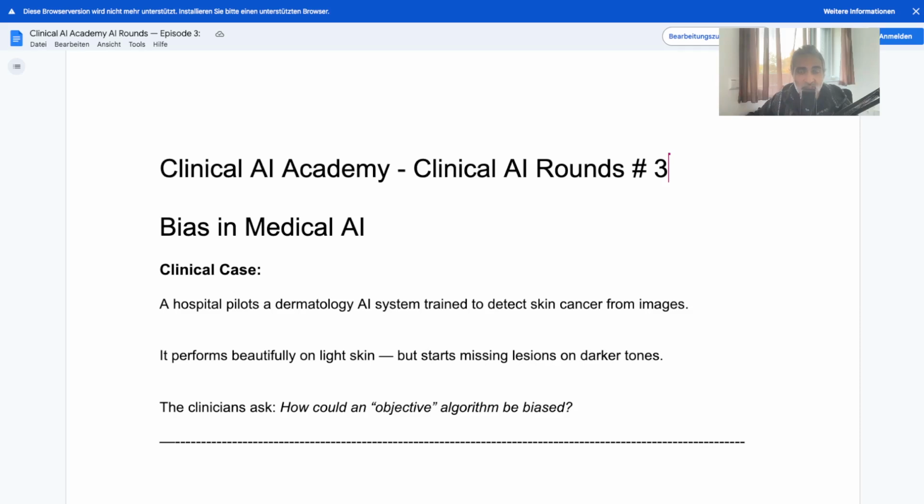So it will not be able to deal with them. It was not ever trained on them, never seen such cases. So how could it perform well on them? So this is very important to keep in mind. It's not that it intends to discriminate, it just simply does so by reproducing the statistical patterns it was shown